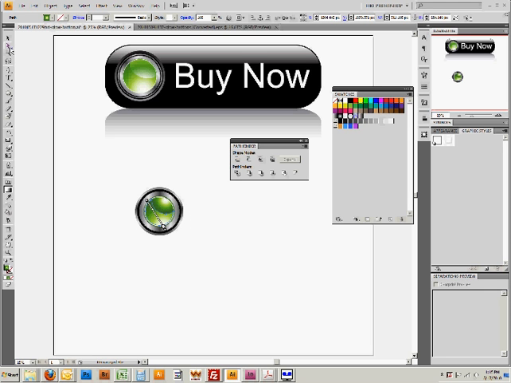Then I click back on the direct select tool or the open select, then click on the gradient again, and click and drag to make it just about where the other one would be. That's not quite right. Let me move it just a little bit further up. Okay, that's pretty close. So you can see now we have a finished green glow button